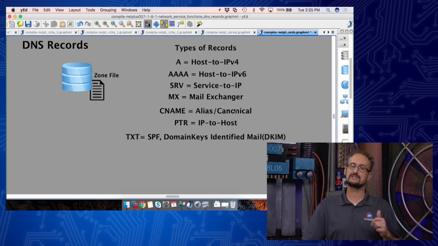Now, remember, DNS is not only responsible for mapping just names to IP addresses. The cool thing is it can also take services on your net